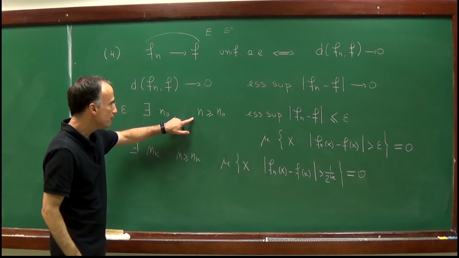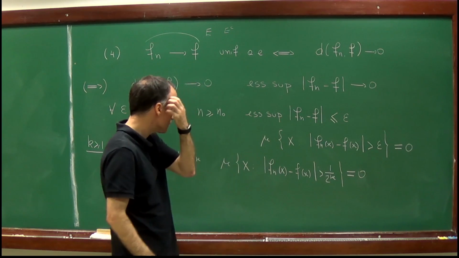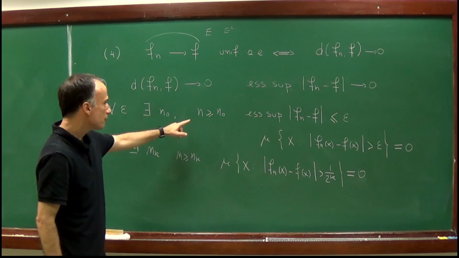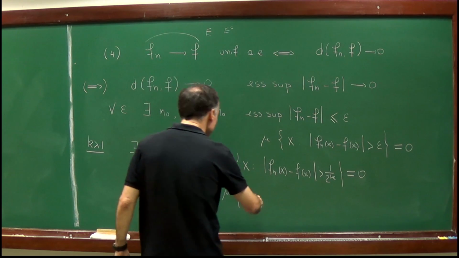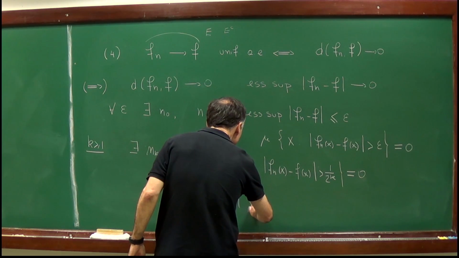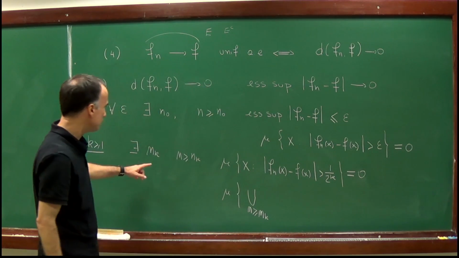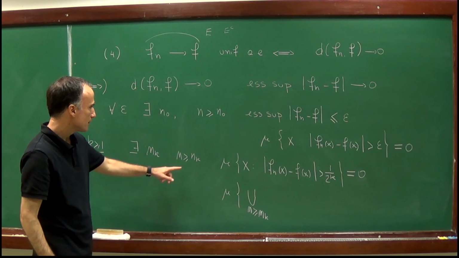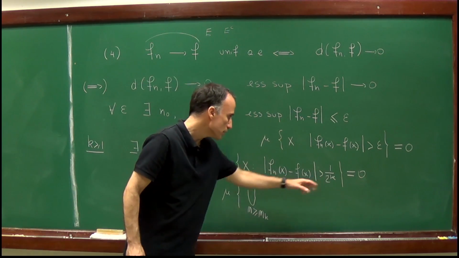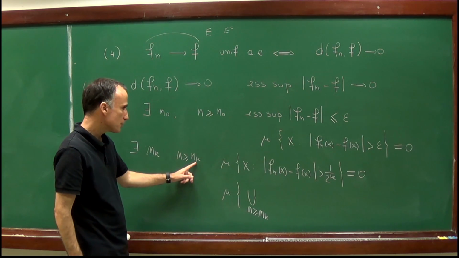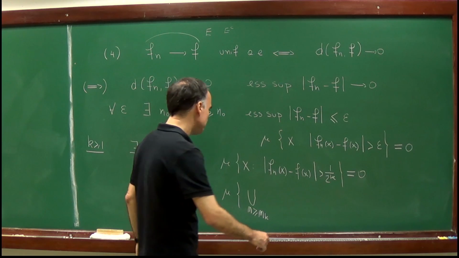So for all n larger than nk, this set has measure 0. Therefore, I can take the union. So the measure of the union of all n larger than nk, right? Now n depends on this k; the set has measure 0, provided n is larger than nk. So I take the union over all n larger than nk